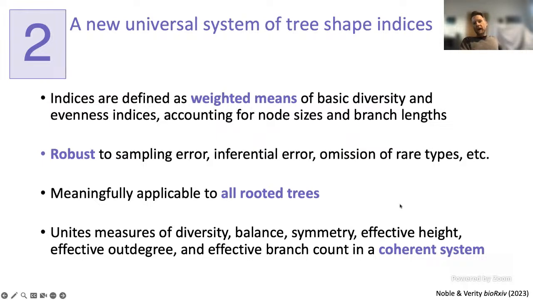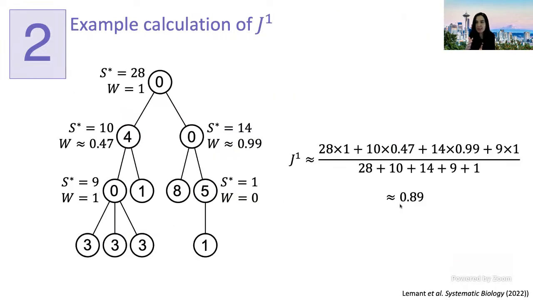So what we then did... Sorry, Rob, before you continue, maybe you said it, but I missed it. A larger score, what does it mean? Oh, yes, sorry. So the larger the value of J1, the more balanced the tree. So a perfectly balanced tree gets a score of 1, and a perfectly imbalanced tree scores 0. And then any tree you can come up with will be assigned a score somewhere between those extreme values. So for this tree, this is a high score. This is a fairly balanced tree.